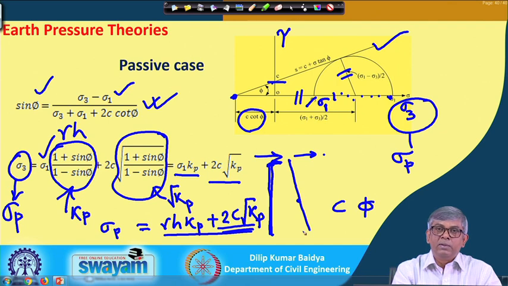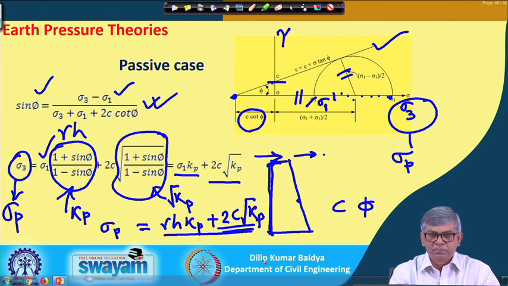Whereas you have seen that in the active case, at the surface there is a negative value, and then it increases further and becomes a positive value. But for the passive case, it is positive throughout, with some value at the top surface and some other value of higher magnitude at the bottom surface. So, this is the earth pressure diagram, the procedure for calculating active pressure and passive pressure for your C phi soil, when the backfill retained is C phi soil.